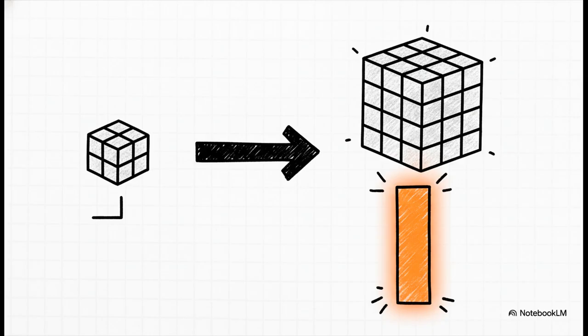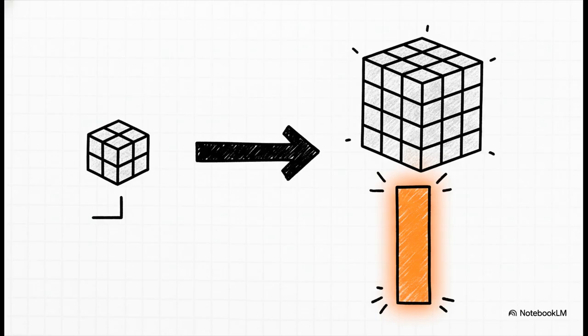And here is the real kicker. The cost, both in terms of computation and memory, grows cubically. What does that mean? It means if you double the resolution of your 3D model, you don't just double the cost. No, you increase it by 8 times. This is why for years, most 3D AI models were stuck with these super low-res, blocky shapes that just couldn't